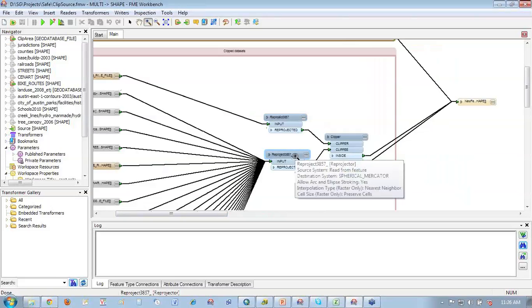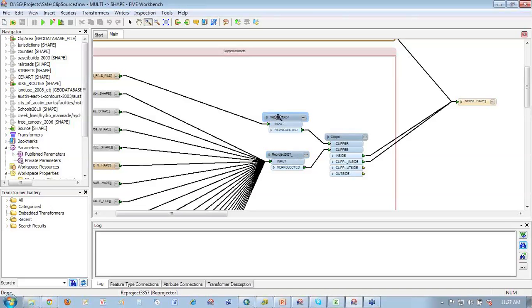This is a pretty important piece for those of you that are heavy ArcGIS users. ArcGIS is very accommodating in the way that it deals with spatial references, in the sense that sometimes you don't really have to care that much about spatial references, and either ArcCatalog or ArcMap or the geodatabase will sort of work things out. FME, on the other hand, is very picky, so you need to be very specific about spatial references to make sure that you get your X's and Y's in the target database just right.